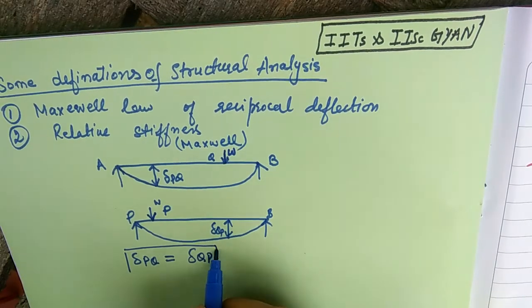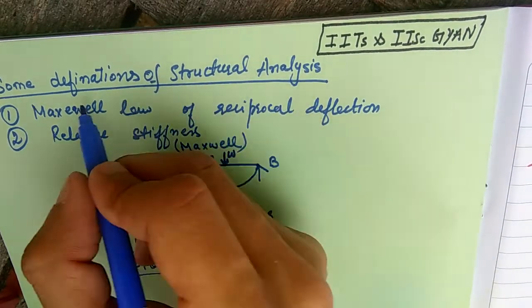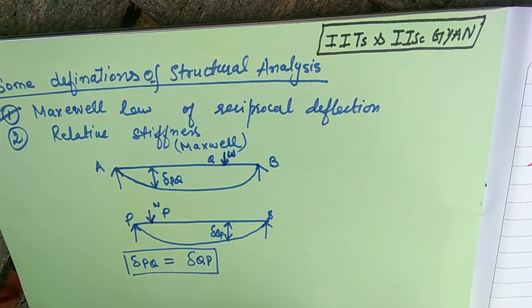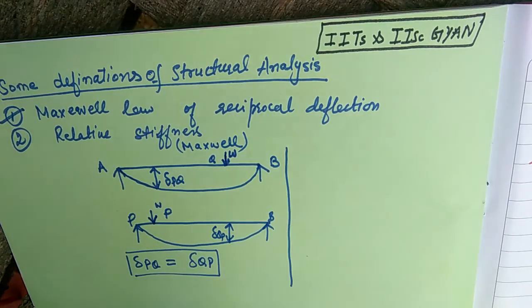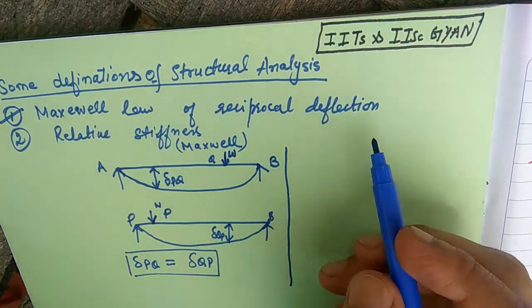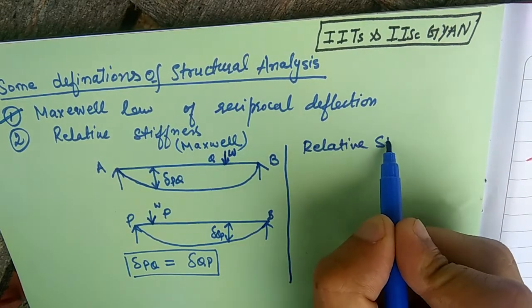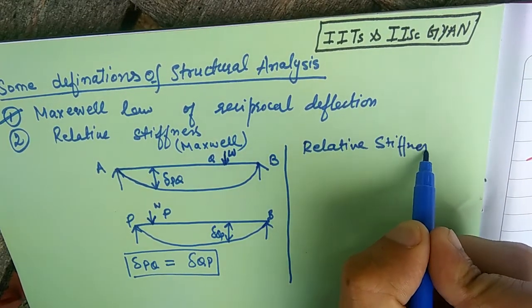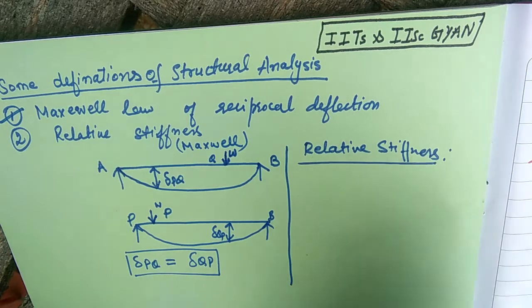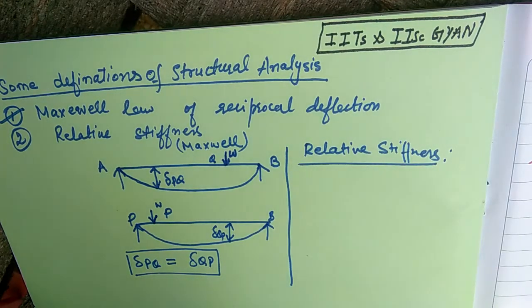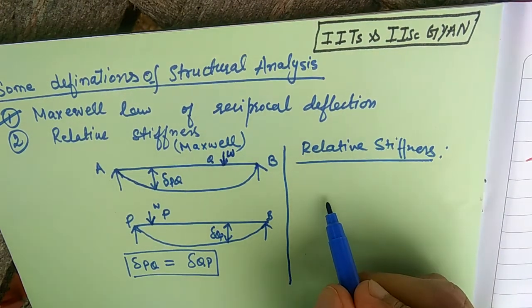So this is known as Maxwell's law of reciprocal deflection, and the other is relative stiffness. So what is relative stiffness? For example,